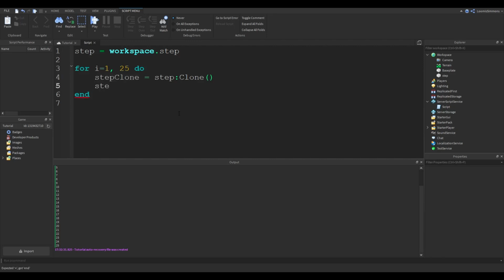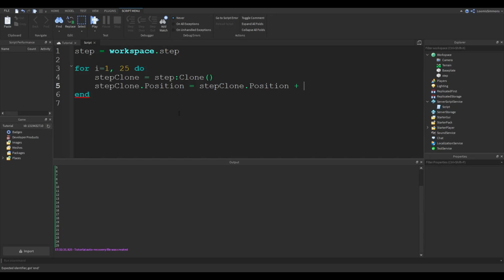So we'd say step clone, and since it's a copy of our object, it has the properties, and one of the properties is the position of it. So we could say dot position, and that position receives. And what do we want to do? We want to take its current position and we want to add 1 up and 4 over, say, right? So we want to take its current position and add to it. So we'd say, what is its current position? Its current position is step clone dot position